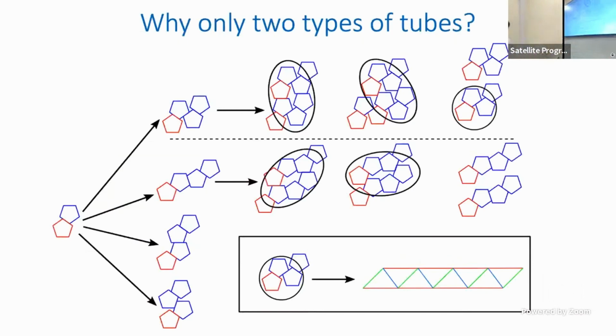And then now the question: why only those 2? So we need a kind of combinatorial analysis. We say we have a dimer of pentamers, and then the next dimer either binds here, or here, or here, or here. So these 2 cases are identical to these 2 cases. For the top case, now we have dimers next to dimer next to dimer. So the second row of dimers either binds to the first row. If it binds to the first row, it creates those